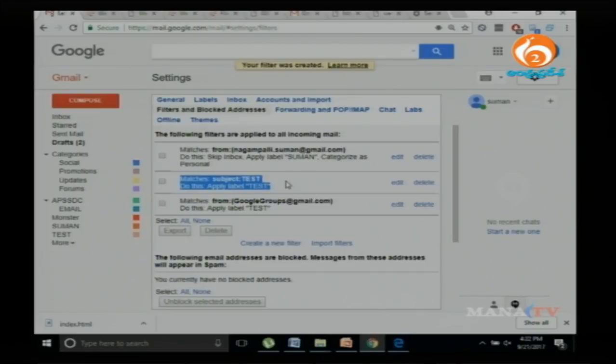So how can I use that filter? How can I manage mail using filters? You can see it by going to the inbox. Once you go to the inbox,